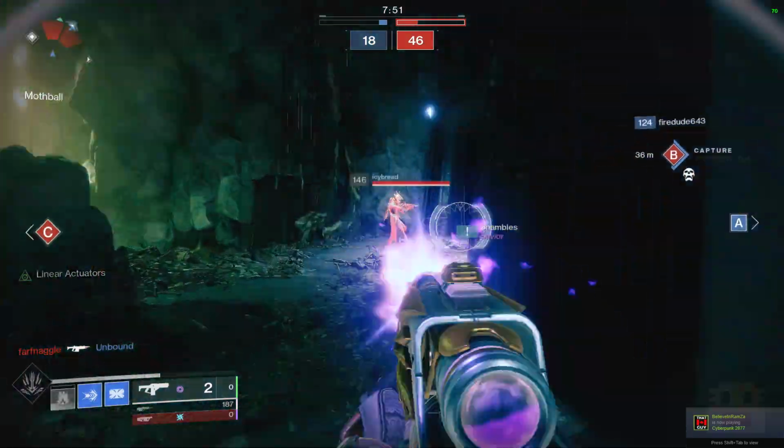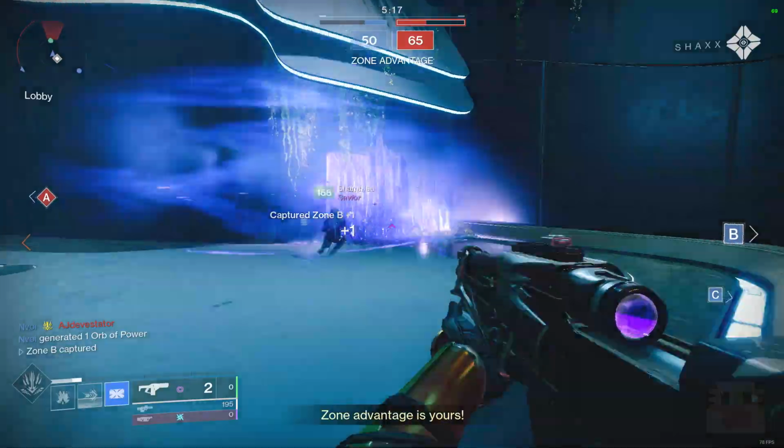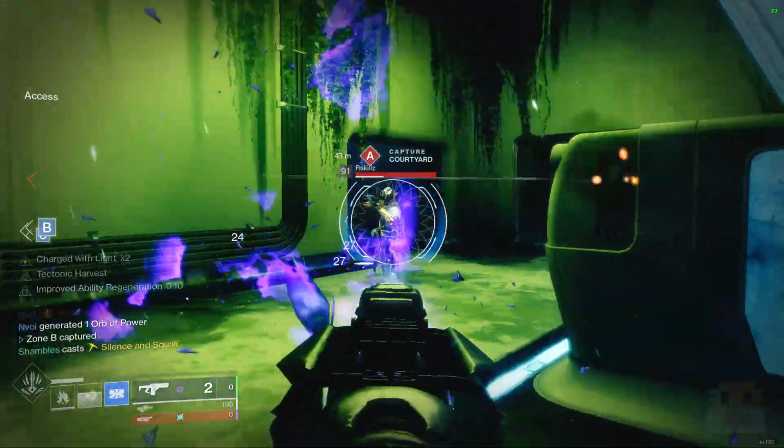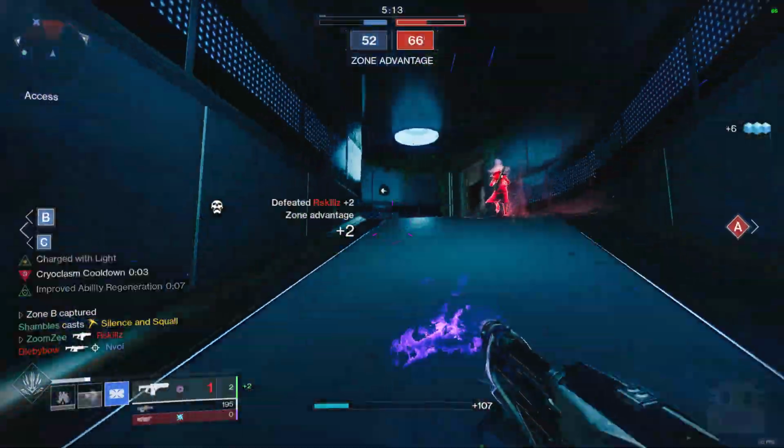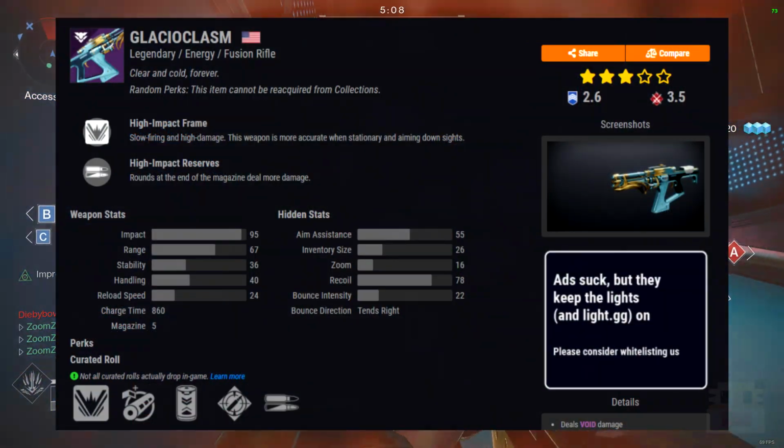Up next, I wanted to talk about the event weapons. One new weapon, the Glacioclasm fusion rifle, and 2 returning weapons with new roles, the Cold Front SMG and the Avalanche heavy machine gun. First up, the Glacioclasm, which is an 860 charge high impact frame void fusion rifle,